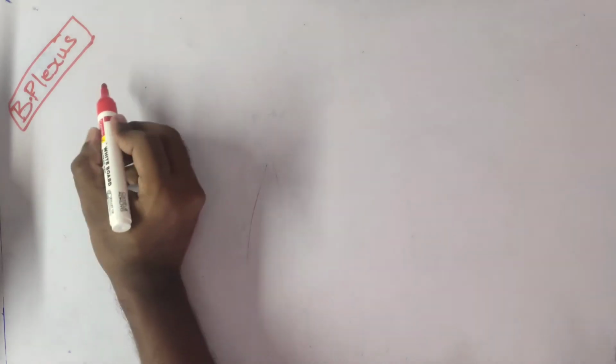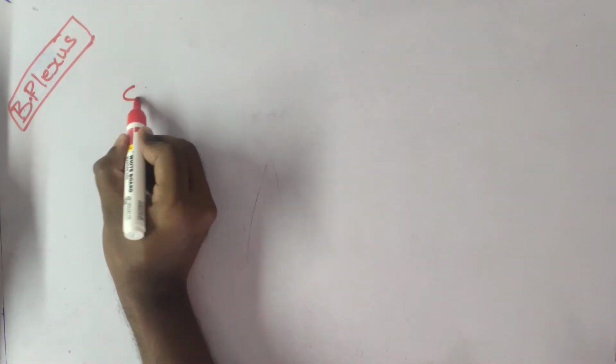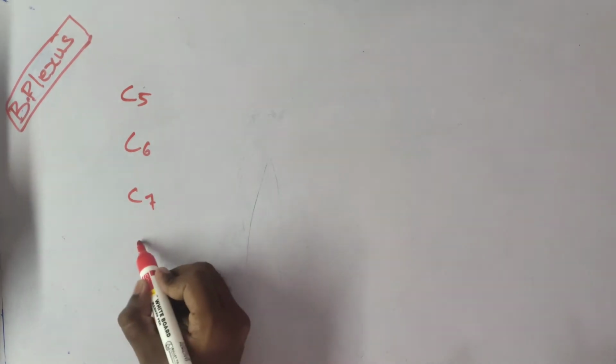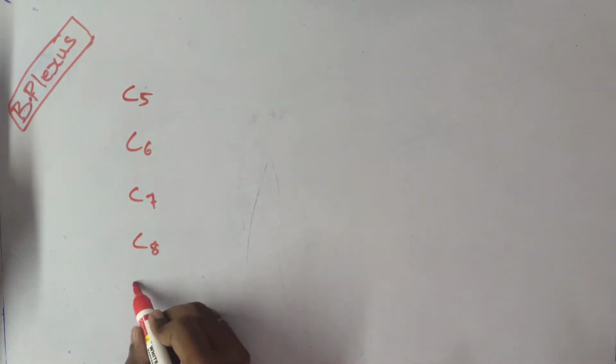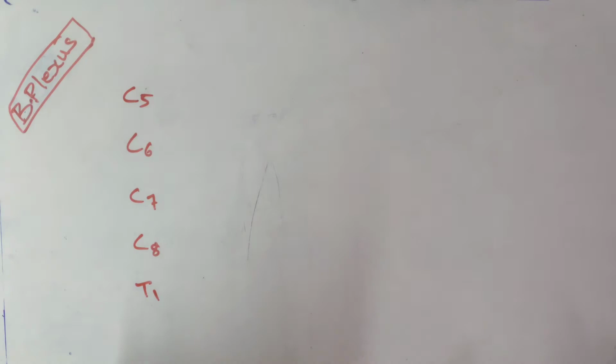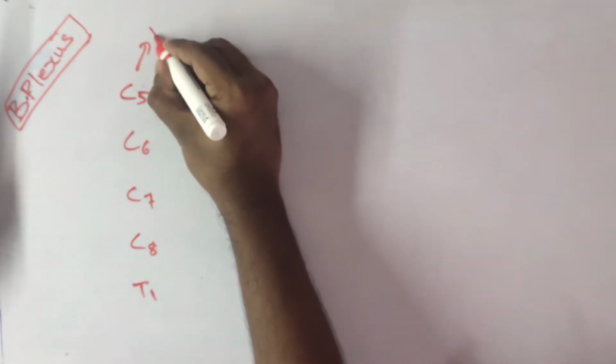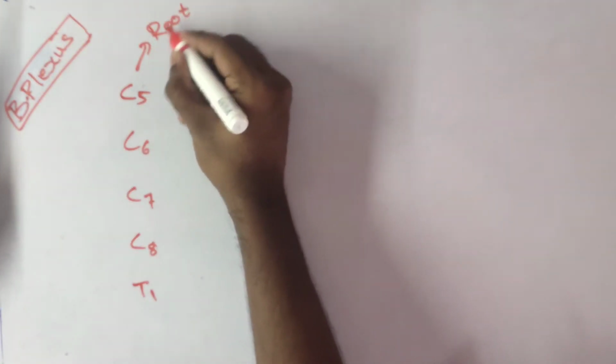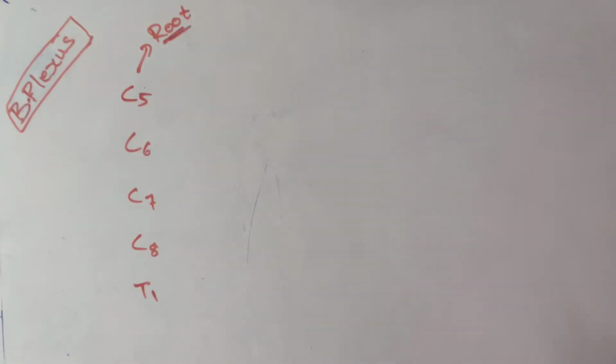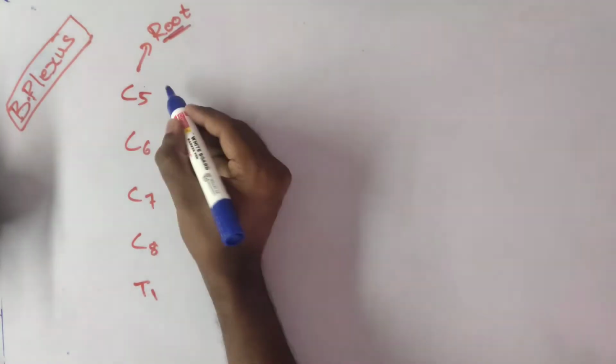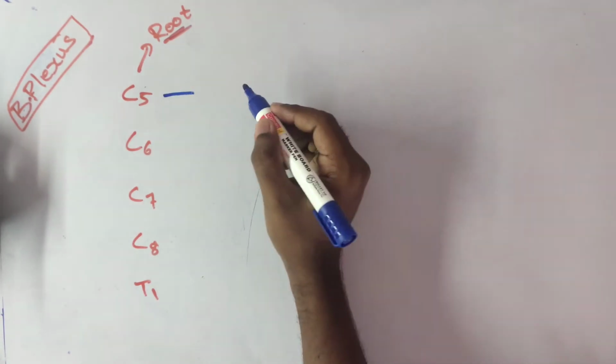Now coming to the point. I will write here: C5, C6, C7, C8 and T1. These are the roots. From the roots we are getting